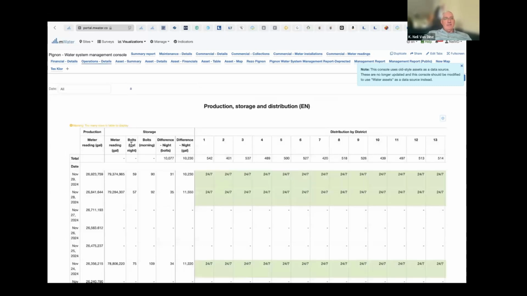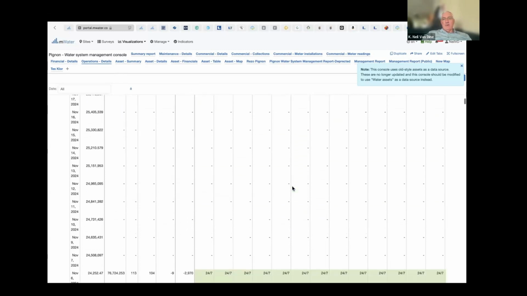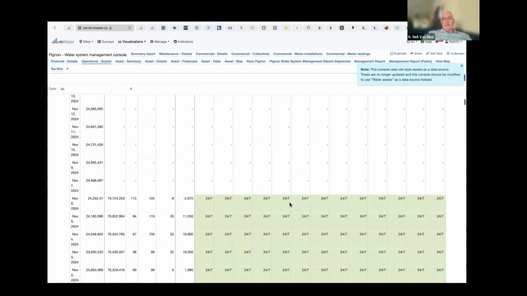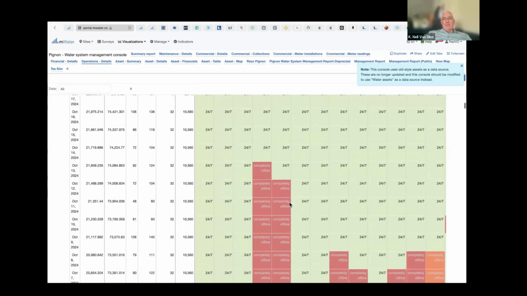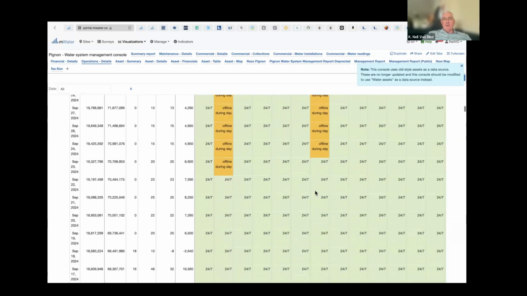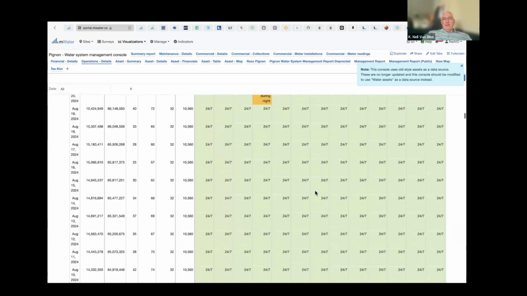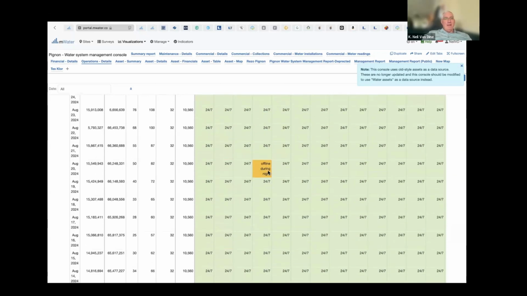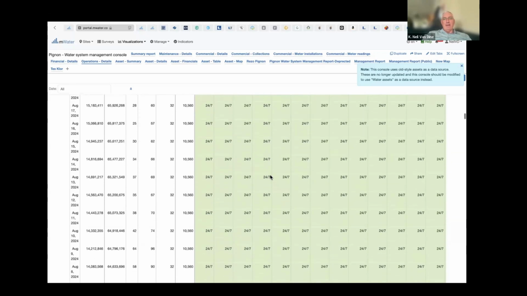I told you that the technician uses that. Here's the water meter reading for the water system. This is the distribution meter on the water cistern. This is his report. He had some phone issues here, but I can go back in time and see which sectors were offline. There was a generator issue in this little time frame in the beginning of October. It was online all this time. This was a pipe break. So if a pipe breaks, they register that area as offline and bring it back on.